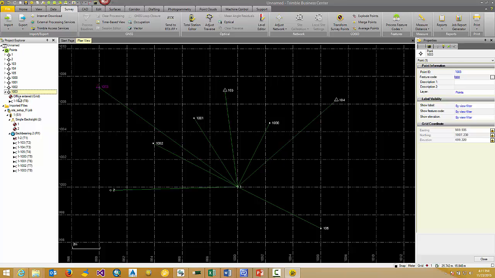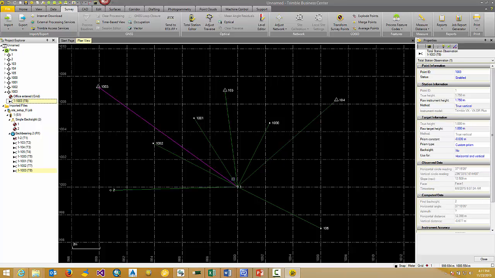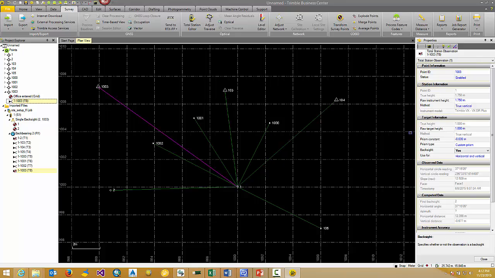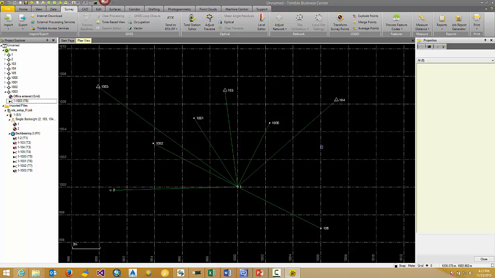One thing that we need to do is for the total station observations that were made from station setup 1 to those points, we need to change the target information, and you can see here the field is called backside. Currently this observation is not used as a backside, so we need to change that field to yes, and we will do the same thing for point 103 and the same thing for point 104. So now these observations are going to be considered backside. Notice there's an ability to recompute something as we are changing the properties of the project, and